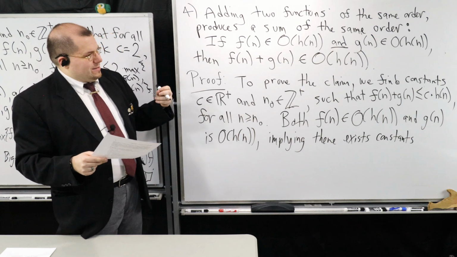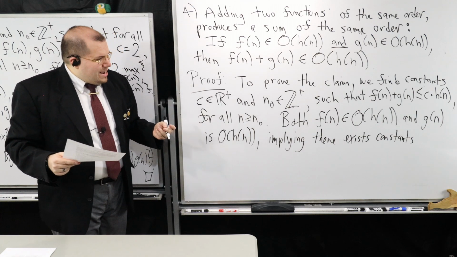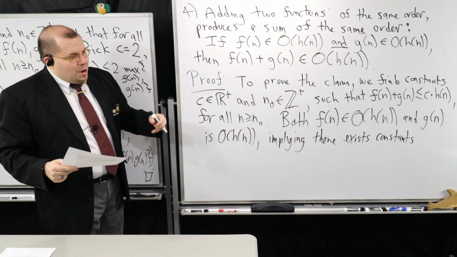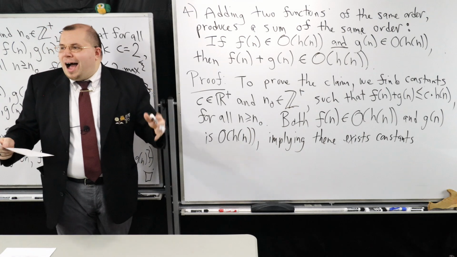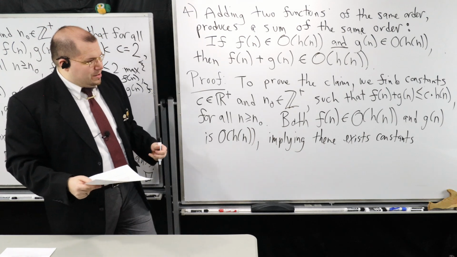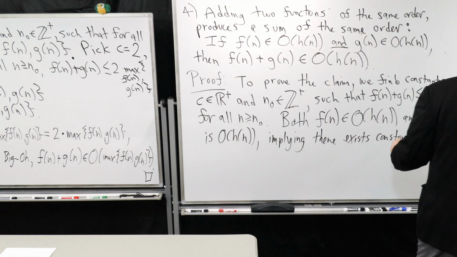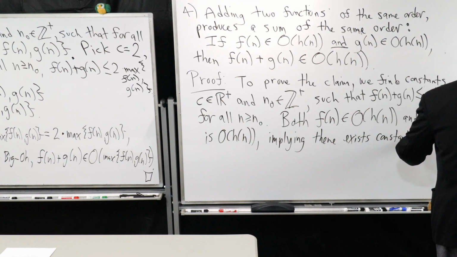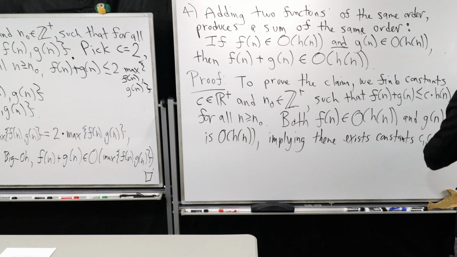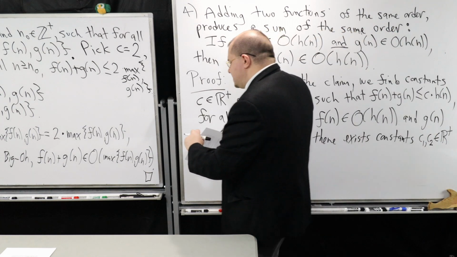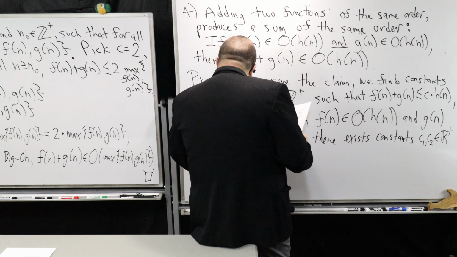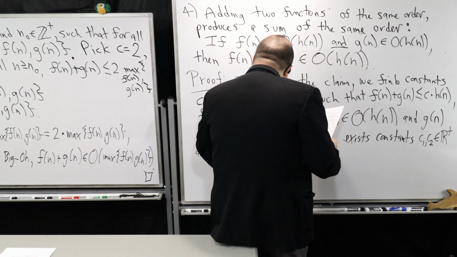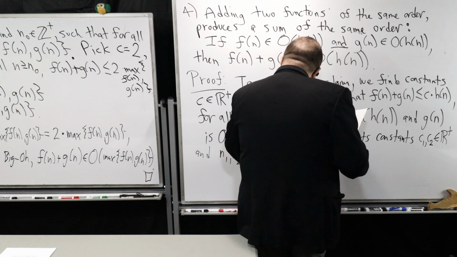If you're working on your assignment and you're trying to prove one of these kinds of properties, you can always spell it out in a couple of sentences instead of doing it all in one sentence. I'm just doing that to show you that it's possible to do it in this very simple way. Implying there exist constants, C1, C2, so those are the names I'm going to give those positive real constants in these two cases, and N1, N2, which are positive integers, such that,